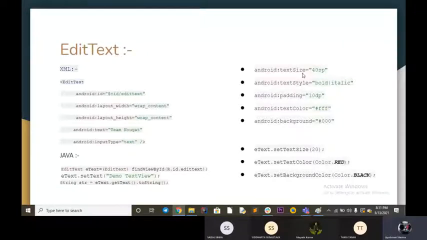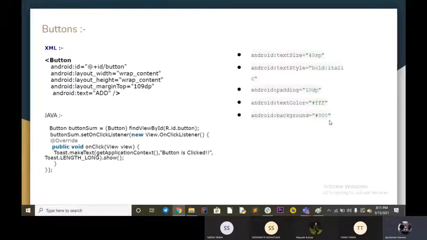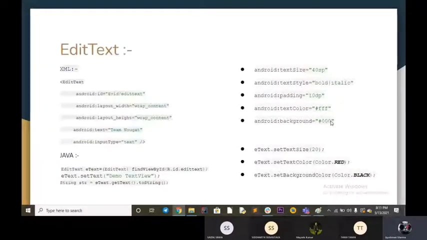So here we have written the code #000. These codes are for the colors. Like here #000 means that it is a black color. #FFF means it is a white color. You don't have to memorize all these. You just have to Google it and you'll find the color palette there, and you can find all the codes there too.